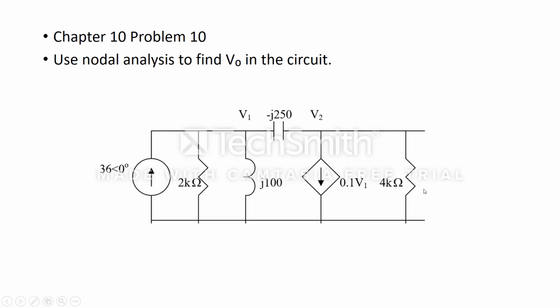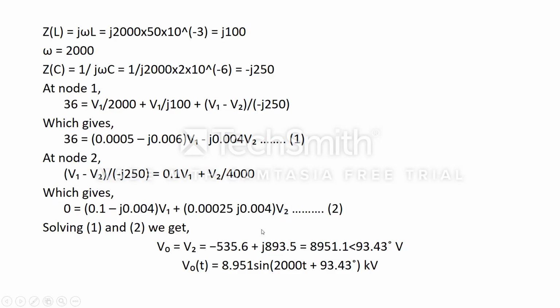The V0 is present over here, so it's not entirely over here. Solving this equation gives us a second equation, and solving these two equations 1 and 2, we can